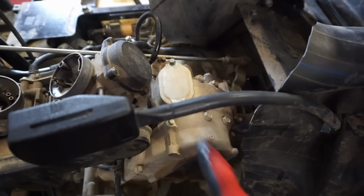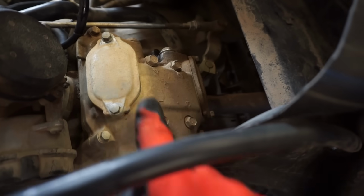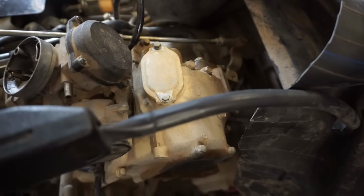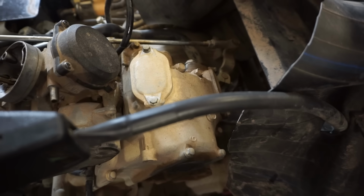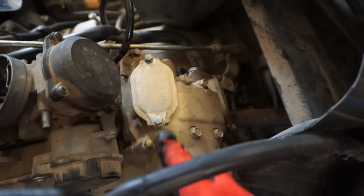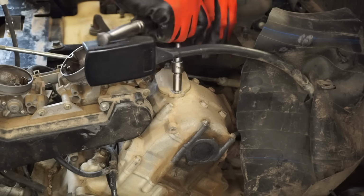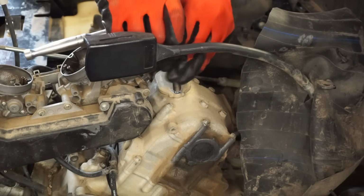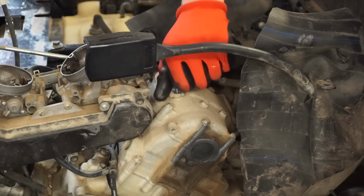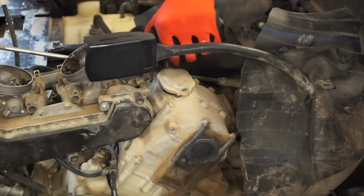So let's take off these covers, these caps right here, both of them, one right there, one right here, and we'll see if these are loose at all anywhere in the rotation. And that's probably what they did. So let's get those off there. Yeah, these were definitely off. So they did check the valve somewhat. I don't know if it was the most accurate way to check them, but